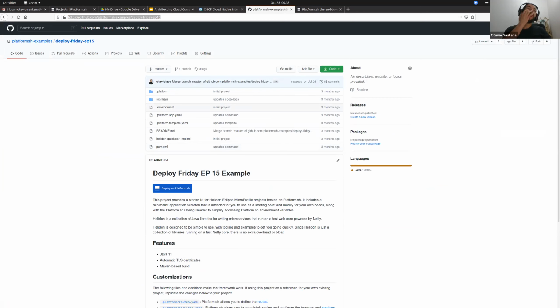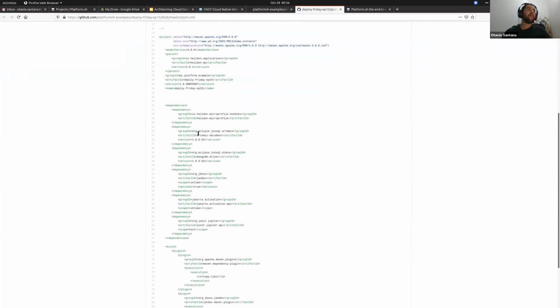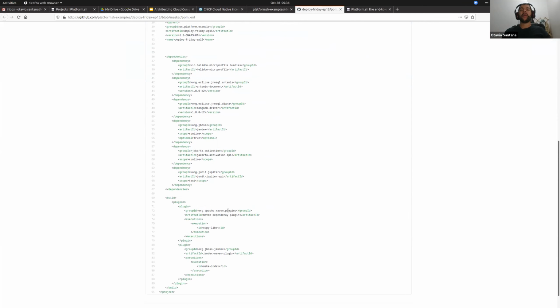If you want to, you can run it locally. That's a simple Maven application where you can see several dependencies. For example, we have Helidon. Helidon is Oracle's implementation of MicroProfile. This application is a microservice that uses MongoDB as the database.